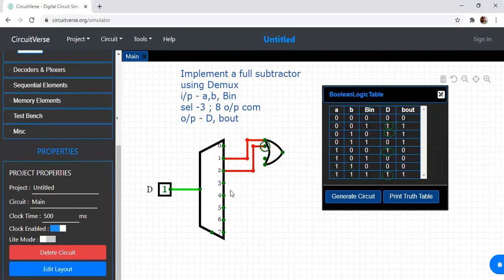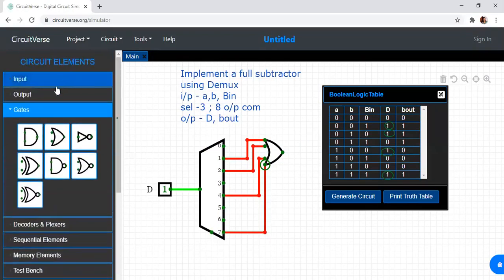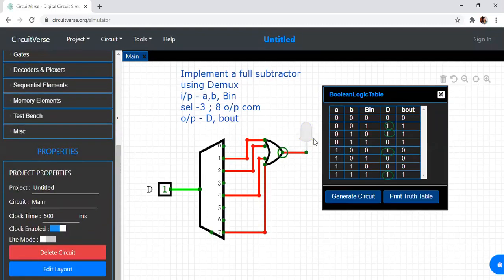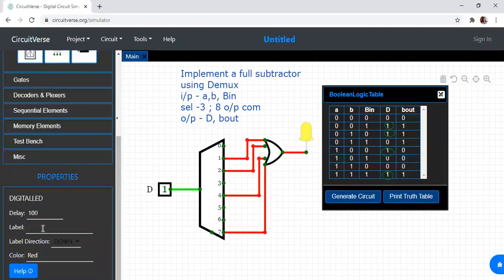Third one is M4. And the last one is M7. And if I give a gate over here, this is nothing but the output Y. So here our output is D. I've got the difference D.